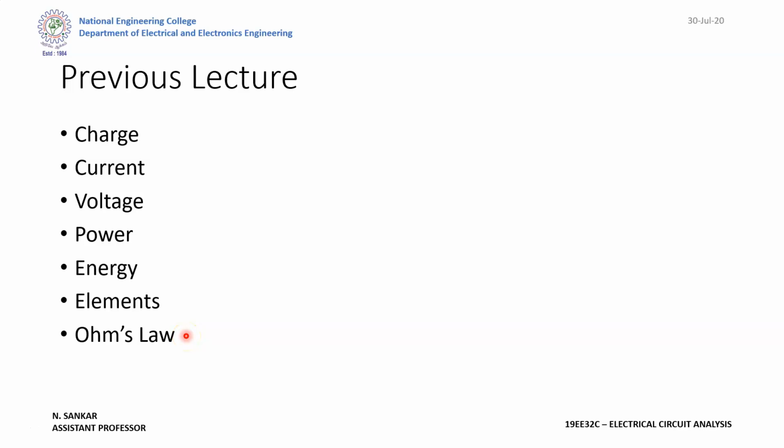Then we moved to Ohm's law. Ohm's law is nothing but V equal to IR, at constant temperature. Ohm's law is applicable only to good conductors and linear circuits with the temperature maintained constant, and it does not hold good for semiconductor devices or any devices which have non-linear characteristics, and also insulators, thermistors, electrolytes. And then we saw some examples based on Ohm's law. So these are the things we covered in our previous lecture.